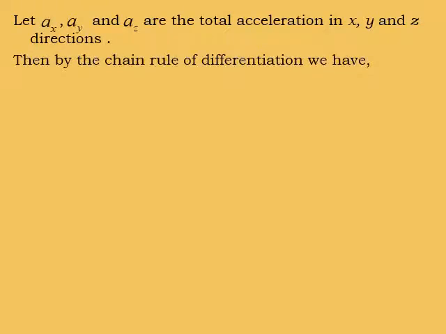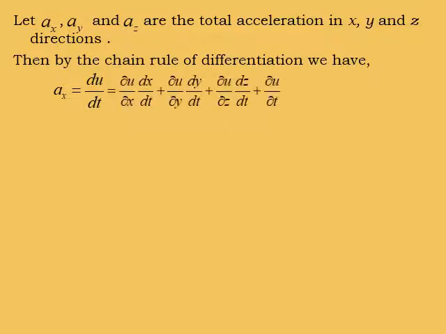Then by the chain rule of differentiation, we have a x, the acceleration in the direction of x, equal to the change in velocity in x direction with respect to time, that means du by dt, which equals dou u by dou x into dx by dt plus